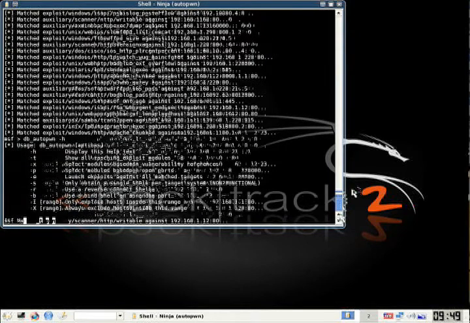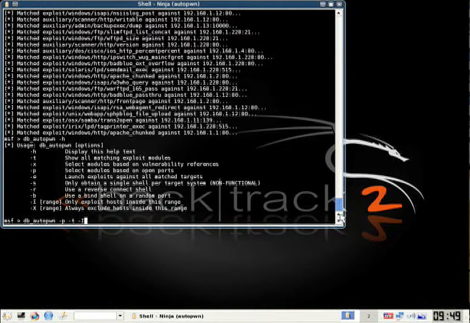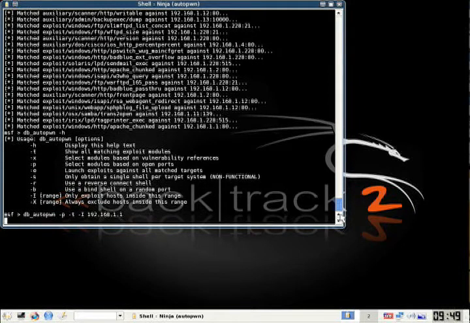Alright, so if you want to pick a specific host, what you can do is db_autopwn -p -t -I, capital I, and then put in which host or range of hosts that you would like to use.